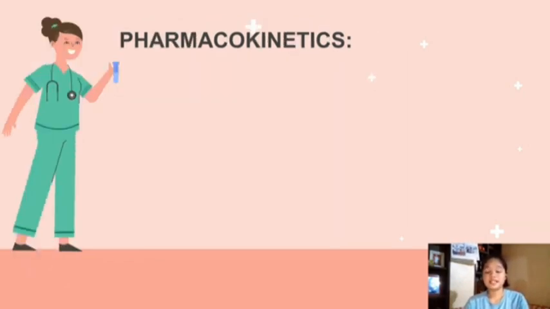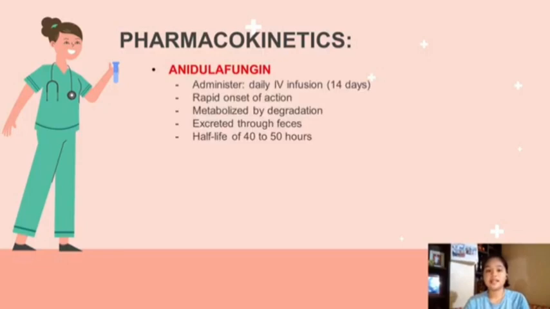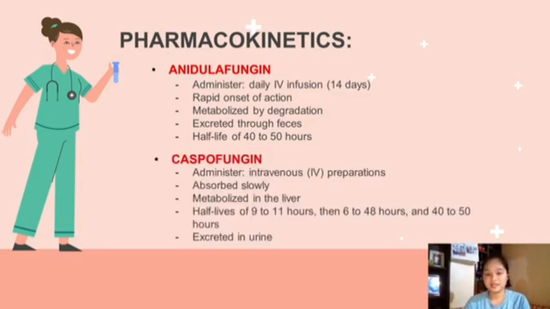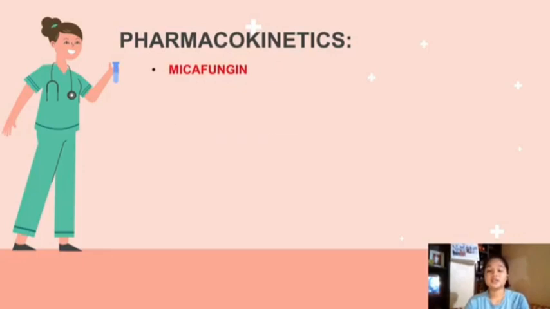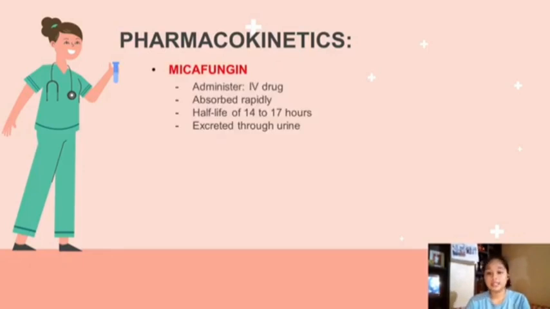Next, for the pharmacokinetics of the drugs, for anidulafungin, it is administered via IV with a rapid onset of action, metabolized by degradation, excreted through feces with a half-life of 40 to 50 hours. Meanwhile, for caspofungin, it is also administered via IV, absorbed slowly, metabolized in the liver with half-lives of 9 to 11 hours, then 6 to 48 hours, and 40 to 50 hours. It is excreted in urine. Lastly, for micafungin, it is also administered via IV, absorbed rapidly with a half-life of 14 to 17 hours, and